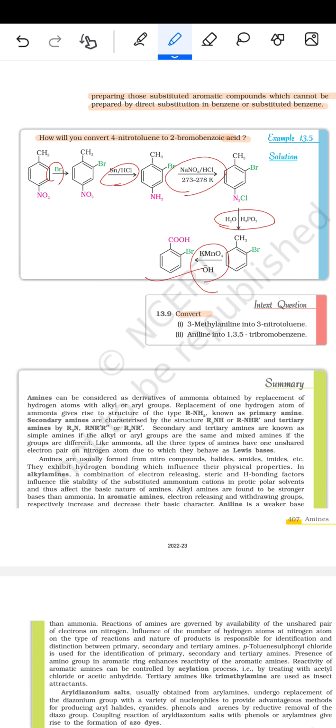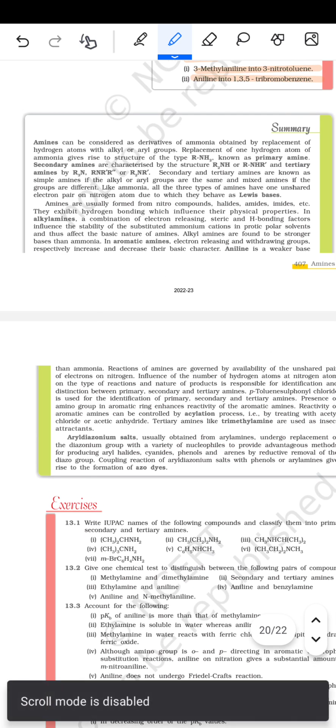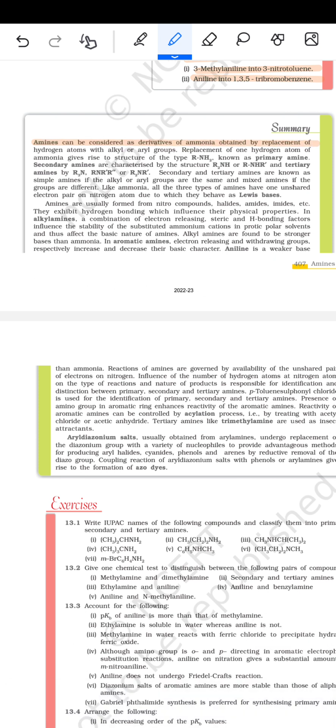फिर आता है कन्वर्ट 3-मिथाइल एनिलीन इंटू 3-नाइट्रोटोलुइन और एनिलीन इंटू 1,3,5-ट्राइब्रोमोबेंजीन। अब समरी: so amines can be considered as derivatives of the ammonia obtained by the replacement of the hydrogen atoms with the alkyl or the aryl groups. Replacement of one hydrogen atom of the ammonia gives rise to the structure of the type RNH2 known as the primary amines. Secondary amines are characterized by the structure R2NH or the RNHR', and the tertiary amines by the R3N,